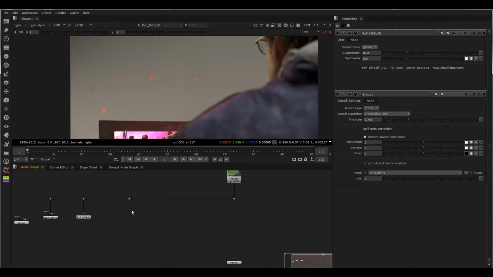Next, what we got is just a key light node. Now, most people, when they think of a key light node, it's for doing a key, right? That's why it's called a key light, and we create our mats with it. Well, we can also do a very good despill with it. I use this a lot when I'm despilling because it's great for getting really fine controls over our image. So if we hit Tab and type key light,